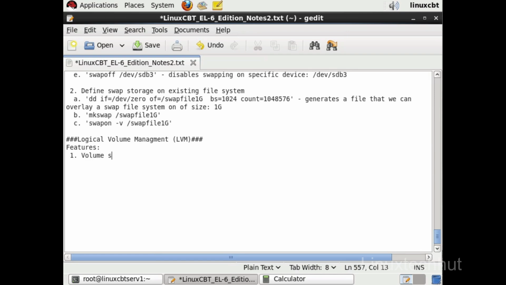create volume sets, resize storage on the fly, which means hot, without having to reboot the system, and provision storage as necessary. The volume set feature is the most important because it allows us to aggregate